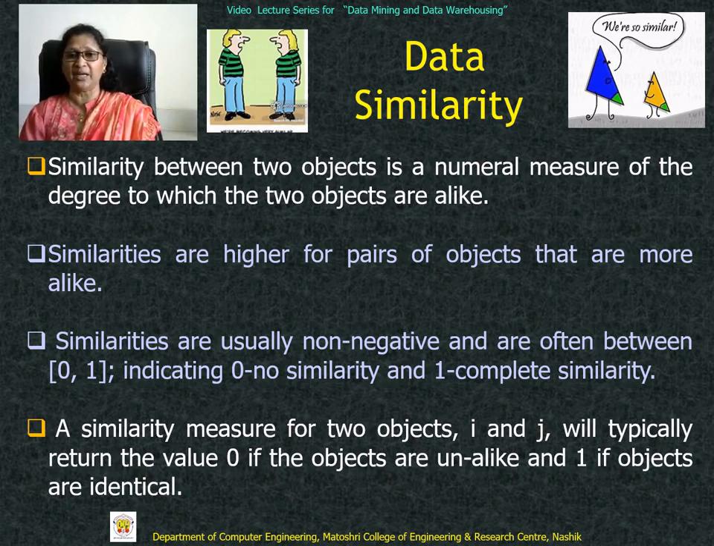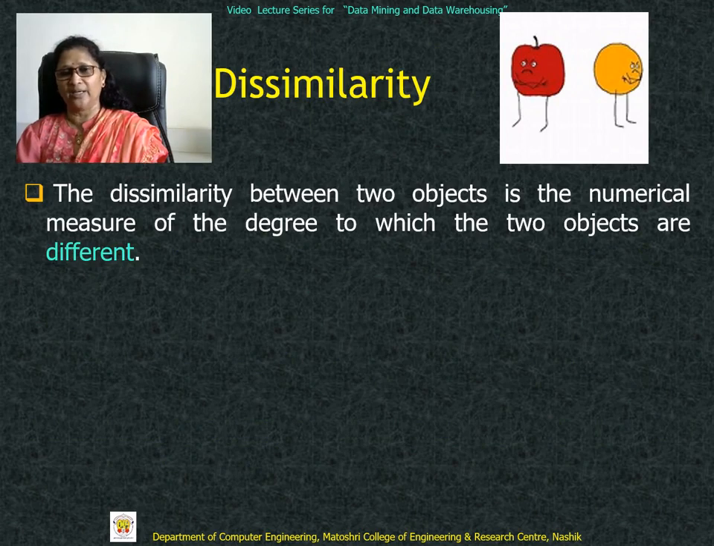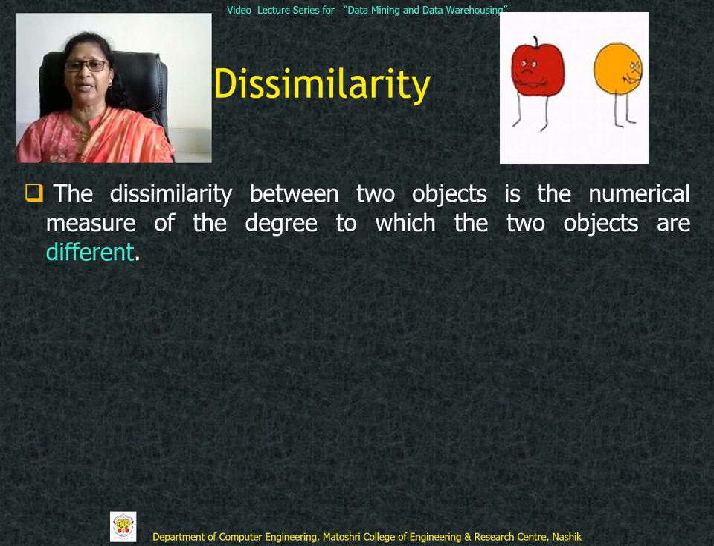Because they have multiple attributes associated with them. So when we compute data object similarity, we actually compute similarity between their attributes. And we talk in terms of similarity returning either 0 or 1, or a value lying between 0 and 1. Similar to similarity, dissimilarity is a numerical measure of the degree to which